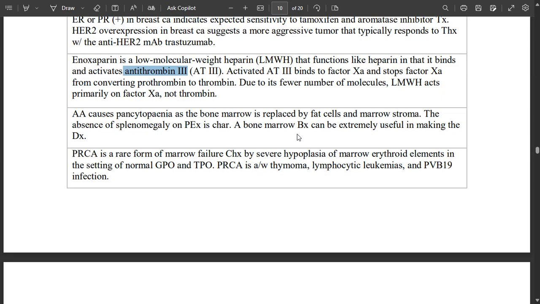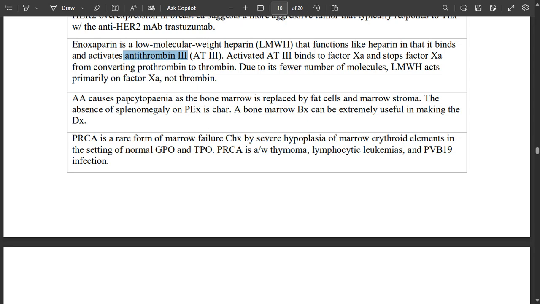Okay. Aplastic anemia causes pancytopenia as the bone marrow is replaced by fat cells and bone marrow stroma. The absence of splenomegaly on peripheral examination is characteristic. So splenomegaly is not present. Bone marrow biopsy can be extremely useful in making the diagnosis, or there is a dry tap as well. So PRCA. What is PRCA? It is a rare form of marrow failure characterized by hypoplasia of